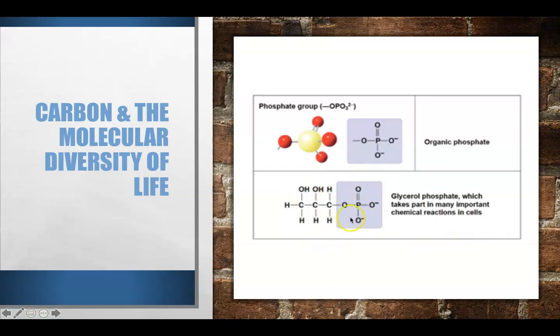Here we have a glycerol phosphate where the hydrogen has been replaced with the phosphate group. Phosphate groups are extremely important in many chemical reactions. We're going to see phosphorylation throughout, which is going to help with creating, transferring energy and with changing reactants into